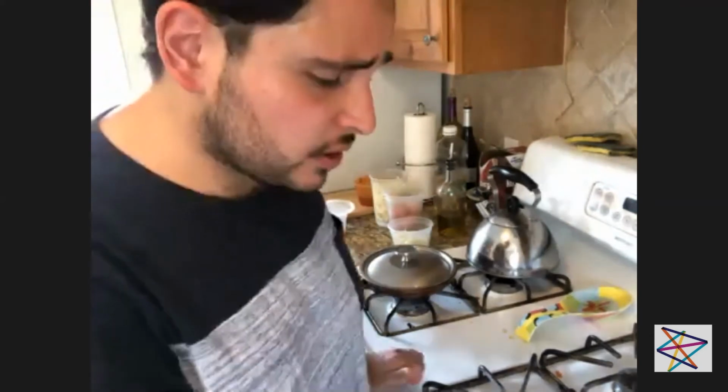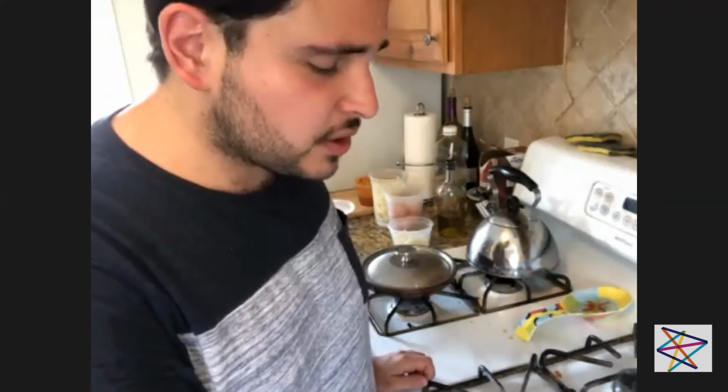You could adapt the salsa to whatever vegetables you have laying in your fridge, which kind of brings me to one of my favorite parts about cooking and recipes specifically, is that recipes are more of a template than they are some immovable scripture. Once you understand the basics of why you're doing what you're doing, you can substitute anything, which is why I'm a cook and not a baker, because those rules do not apply to